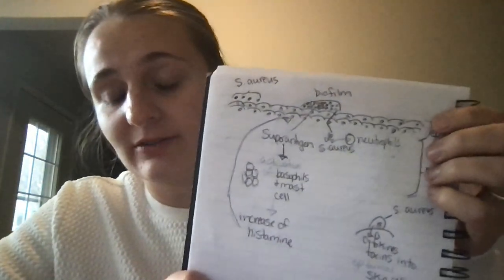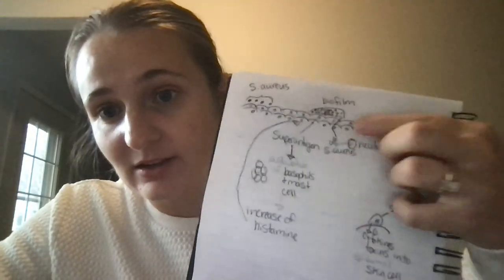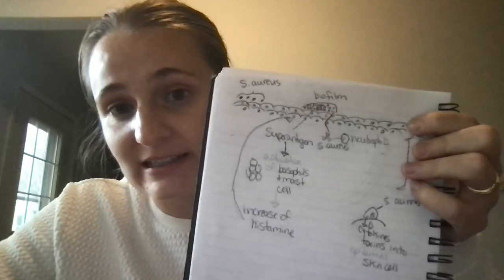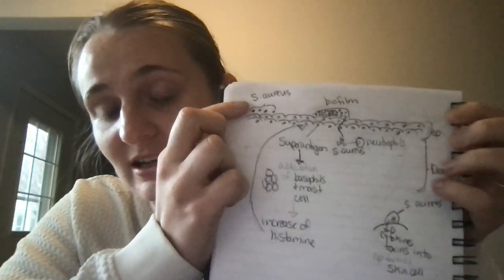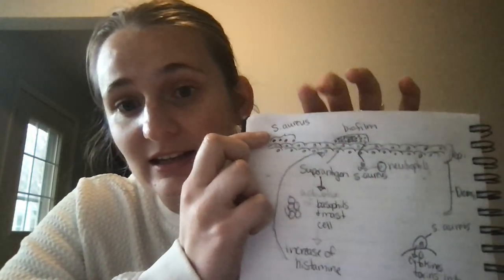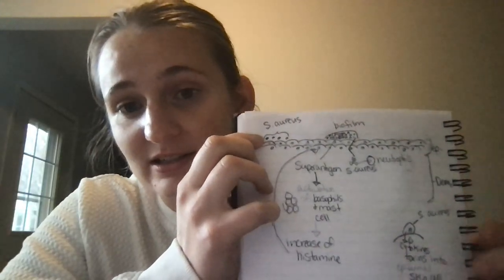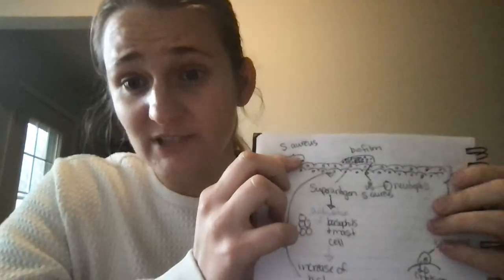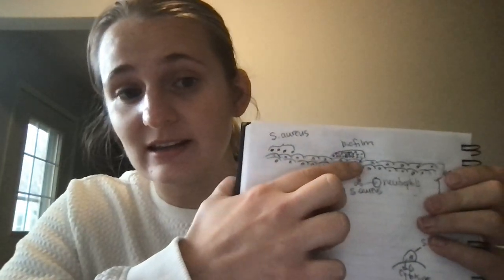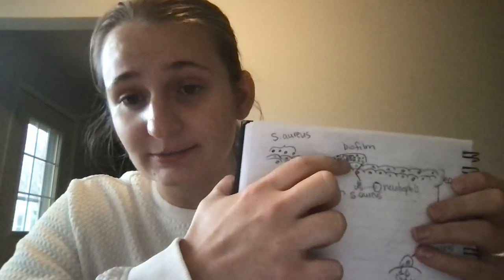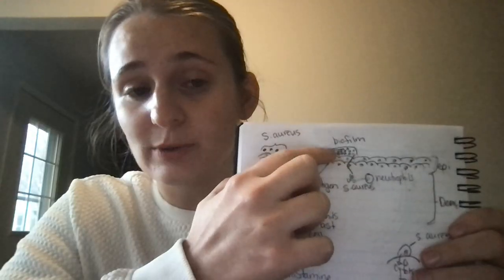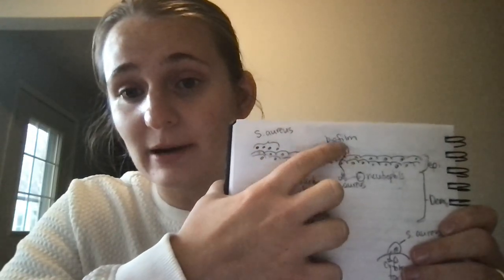Okay, so here we have our stratified squamous epithelial cells. This shows our skin, and then very zoomed in would be our skin cells. Way over here we have our Staphylococcus aureus. This is not harmful. It's living on our cells, interacting with our cells here, but nothing quite serious yet. And then here we see that a Staphylococcus aureus cell adhered to the surface of our skin cell, and then it started to rapidly produce and form a biofilm